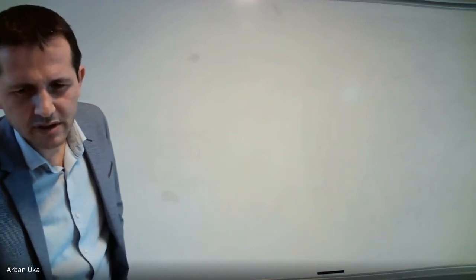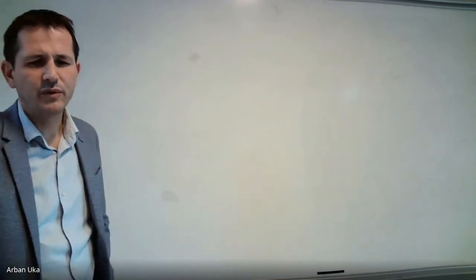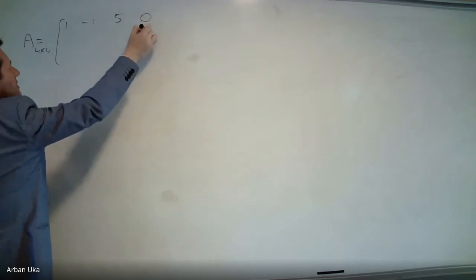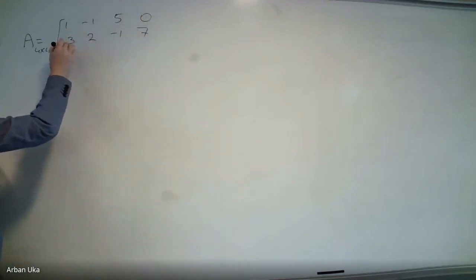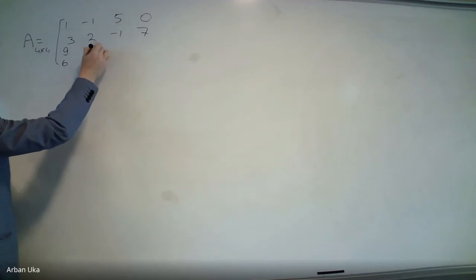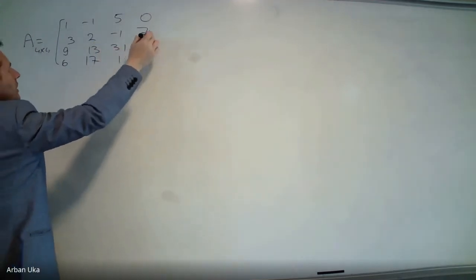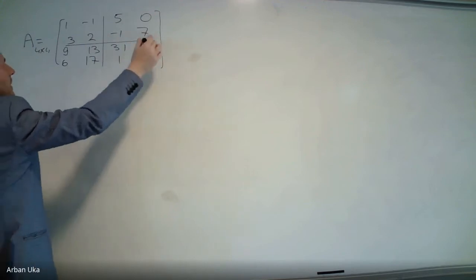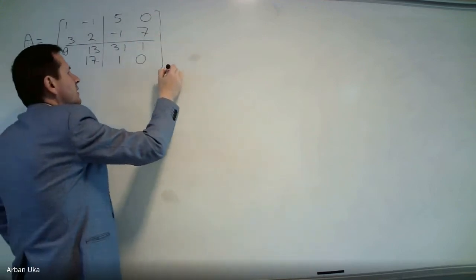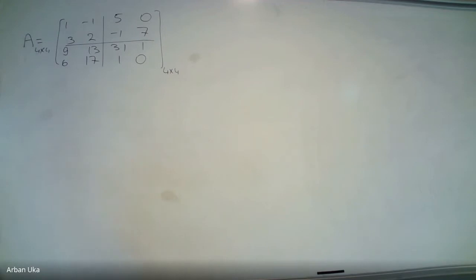Okay, so the matrices, they were constructed as we showed in the previous session. We can sub-partition a large matrix as shown here in this slide. And what is interesting in working with matrices, let me write something like this: a matrix which can be 4 by 4, equal to 1, -1, 5, 0, 7, -1, 2, 3, 9, 6, 17, 13, 21, 1, 0, 1. So for example, here we have a 4 by 4 matrix, and often what we can say is that matrices